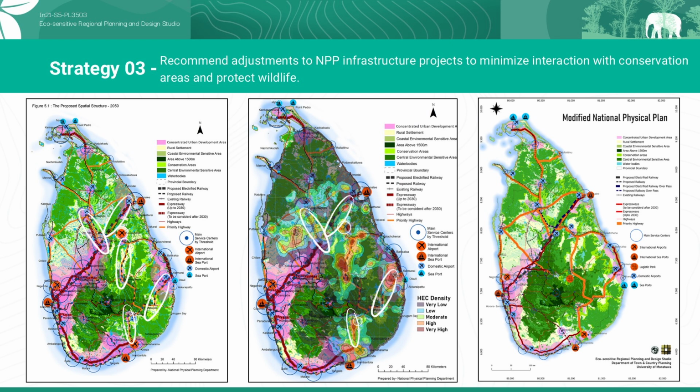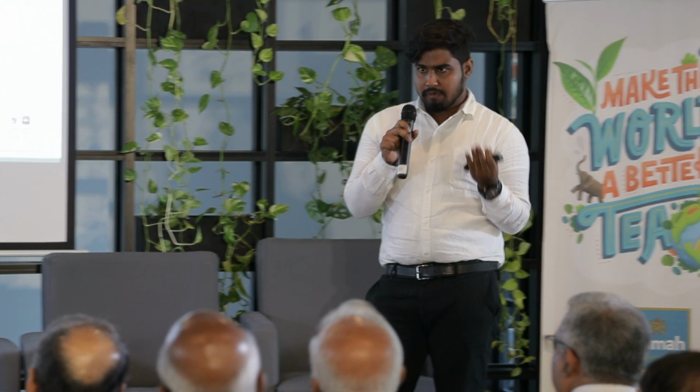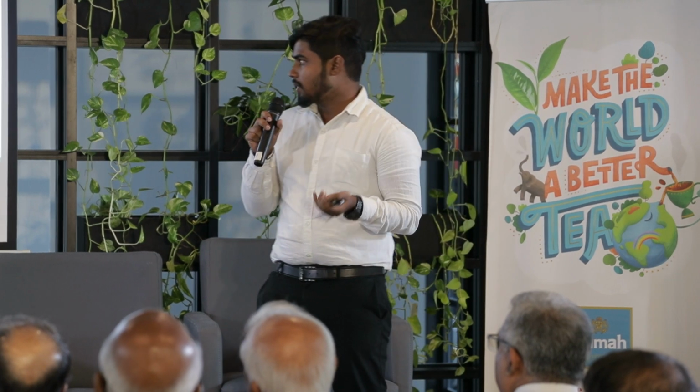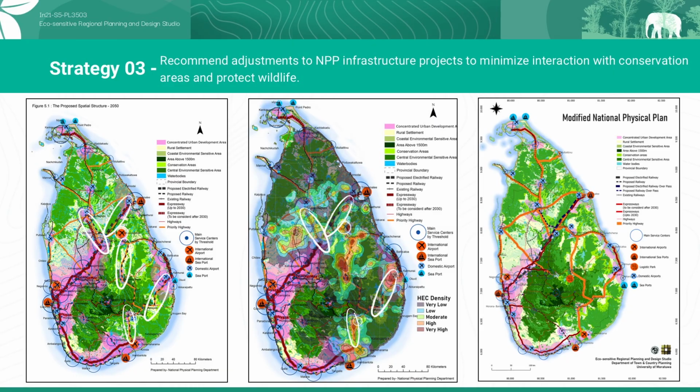And also we advise against promoting Hingurakgoda domestic airport as an international airport and building a domestic airport in the Mattala region. As we all know, Mattala airport already serves this region and fulfills its air needs. So, do we need additional airports in these sensitive areas? And also, we promote Oluvil Harbour for agriculture logistic purposes in the southern region. By promoting sea-based transportation in the eastern to southern region, we can improve the agriculture of this region and protect the conservation zone from further urban expansion.